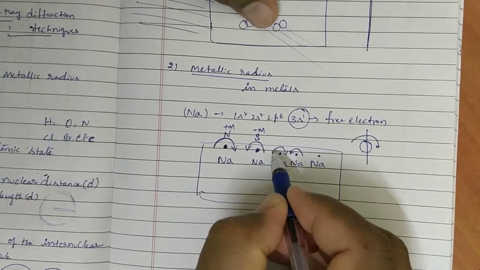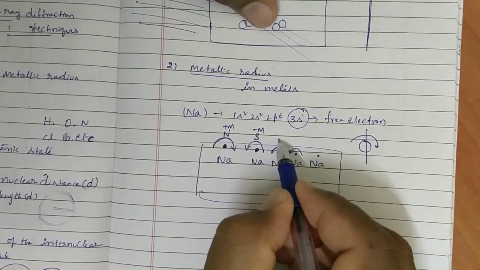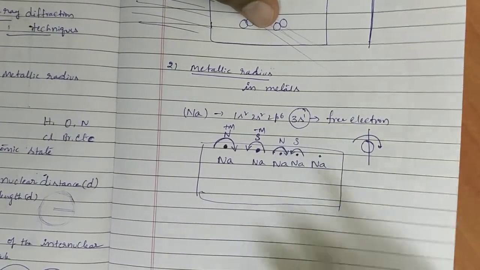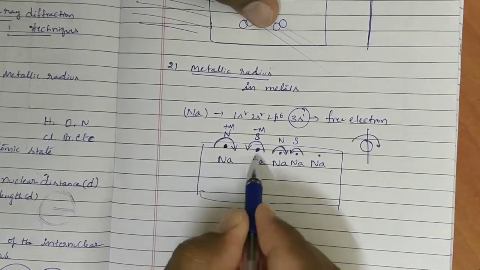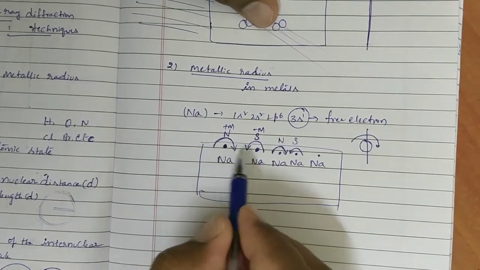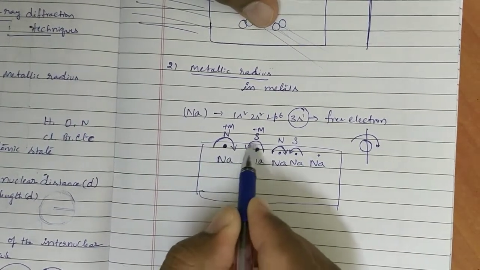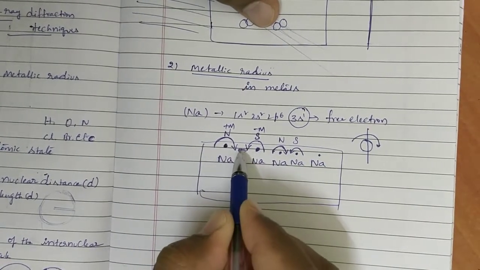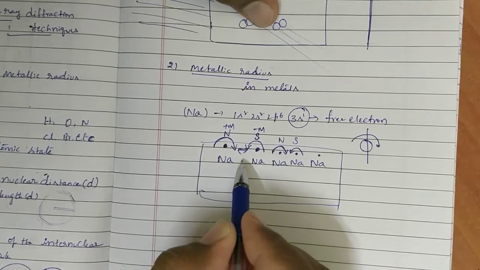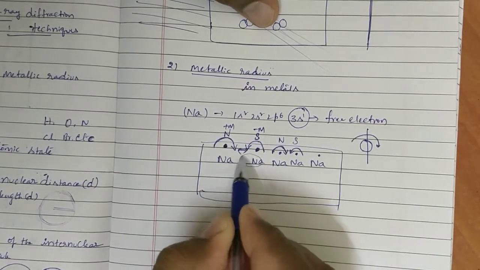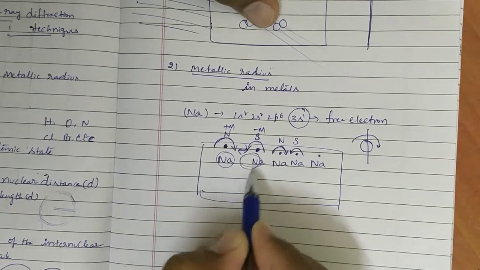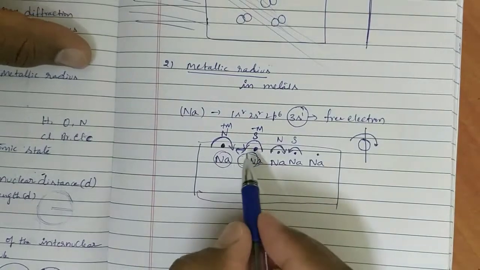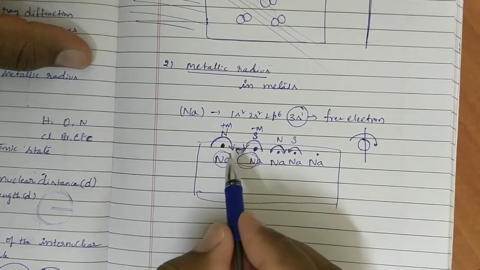Same here also, the electron which spins in clockwise direction behaves like a north pole magnet, and the one spinning in anti-clockwise direction behaves like a south pole magnet. So one sodium atom and another sodium atom have free electrons maintaining opposite magnetic fields. Because of that, there is attraction between those free electrons, and the sodium atoms are closely present because of the attraction between the free electrons.